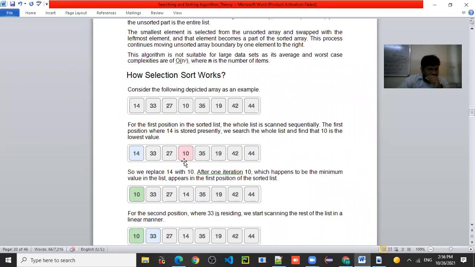So this is called the first iteration. पहिल्या इटरेशन मध्ये आपण काय करतोय, सगळ्यात पहिल्यांदा लिस्ट मधला स्मॉलेस्ट एलिमेंट आयडेंटिफाय करणार आहे आणि स्मॉलेस्ट एलिमेंट आयडेंटिफाय केल्यानंतर तो डायरेक्टली कुठे रिप्लेस करणार आहे, कुणाशी स्वॅप करणार आहे, तर फर्स्ट एलिमेंटशी आपण डायरेक्टली स्वॅप करणार आहे. फर्स्ट एलिमेंट काय आहे इथं? 14. And lowest value element कोण आहे? 10. So now 10 is swapped with the 14.